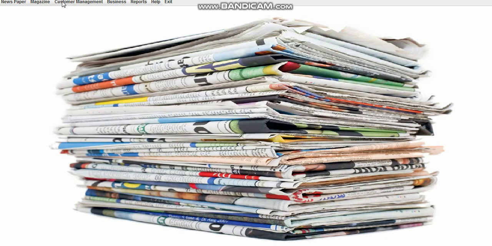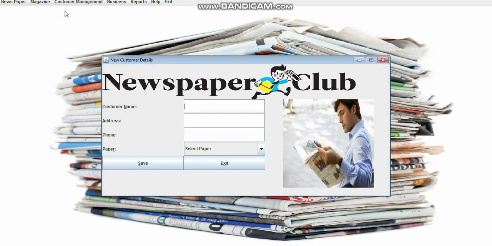So this is the same where you enter the ID and you can get the record of which magazine it holds. And this is the customer management tab where you can enter a new customer, you can edit the existing customer, and you can delete a customer if you wish to. Now we are entering a customer name.